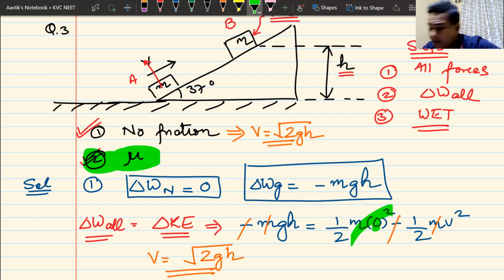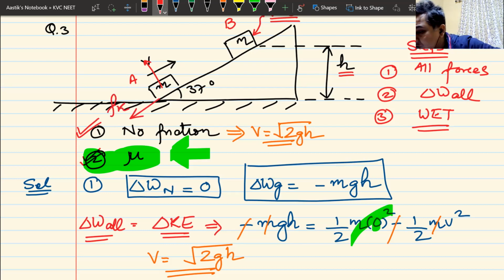Well, I hope you have tried the problem. Let us move on to how we'll do this one. What is the answer when mu comes into the picture? Now, when mu comes into the picture, that means the floor or the inclined plane has become rough. If it has become rough, one more force will come, and that would be kinetic friction, and that kinetic friction will be opposite to relative motion, and it will be downwards since the block is moving upwards.